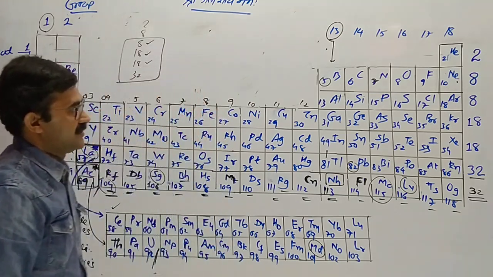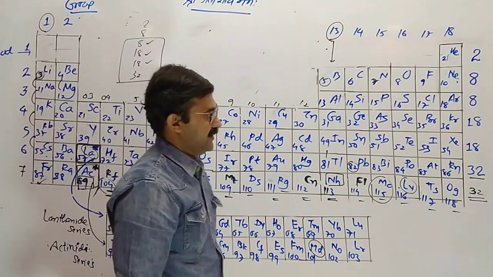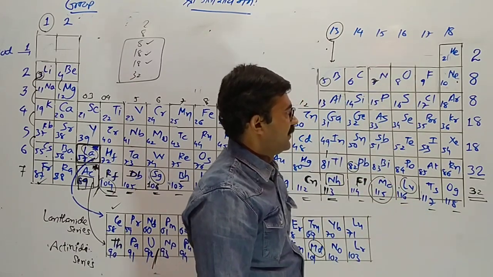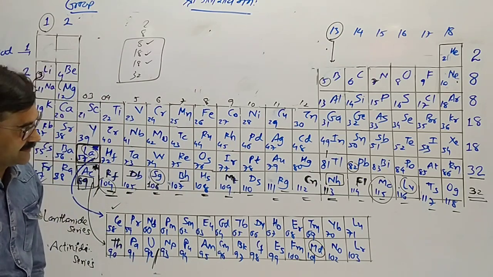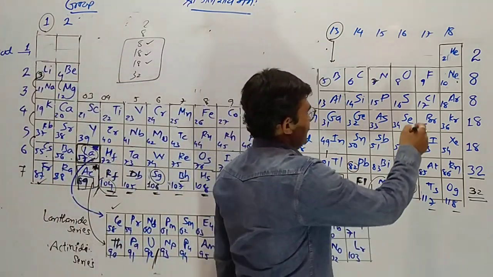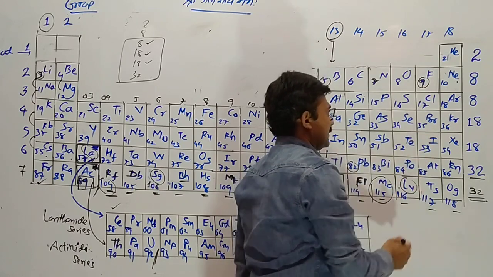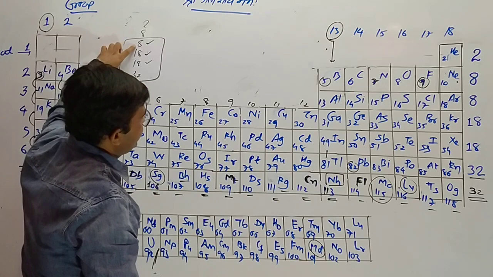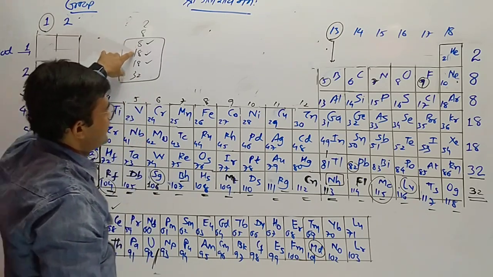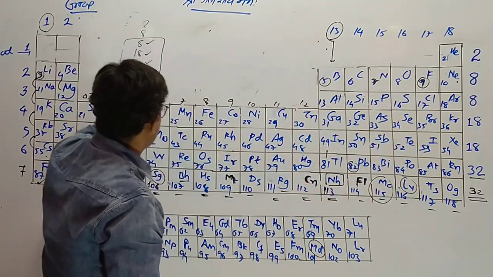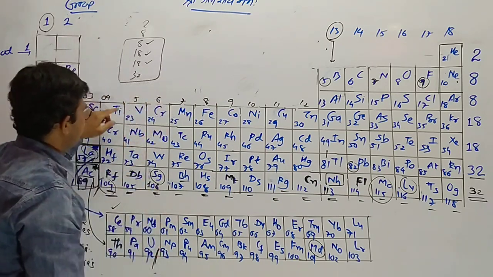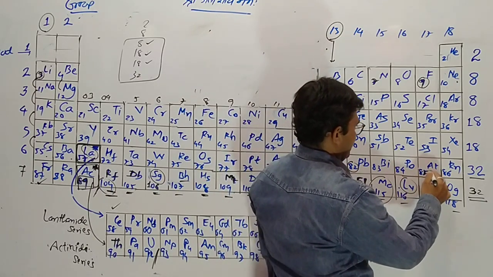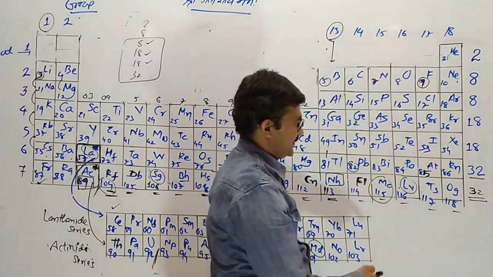Now group number 17, there are also 5 natural elements. The last one is man-made, artificial: fluorine, chlorine, bromine, iodine, astatine. So for the first one, compulsorily, the atomic number we have to remember. Natural are 5, so the code will be 4. 9 plus 8, 17. 17 plus 18, 35. 35 plus 18, 53. 53 plus 32, 85. And 85 plus 32, so 117.